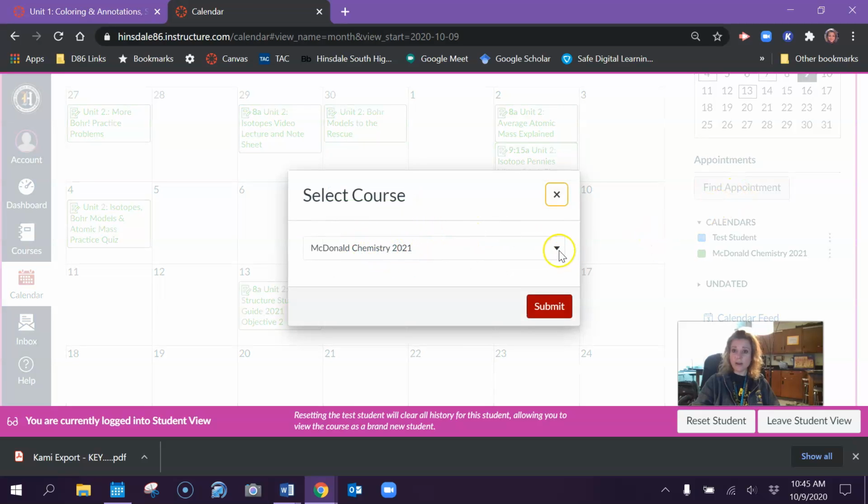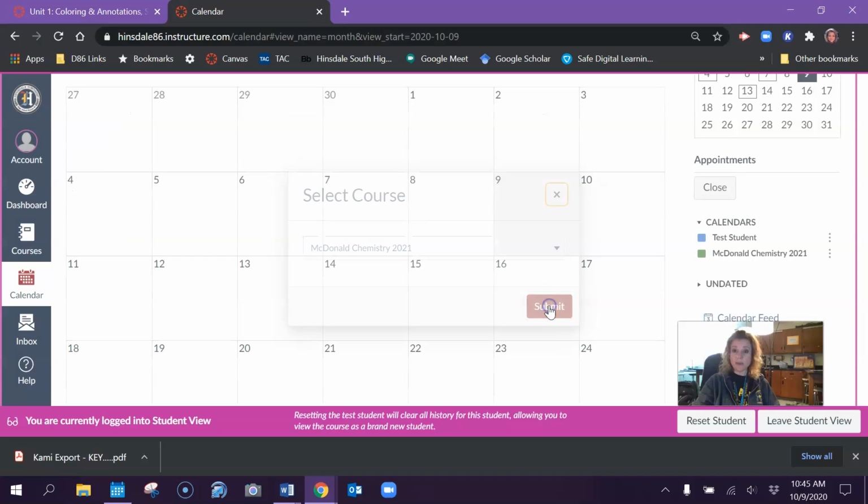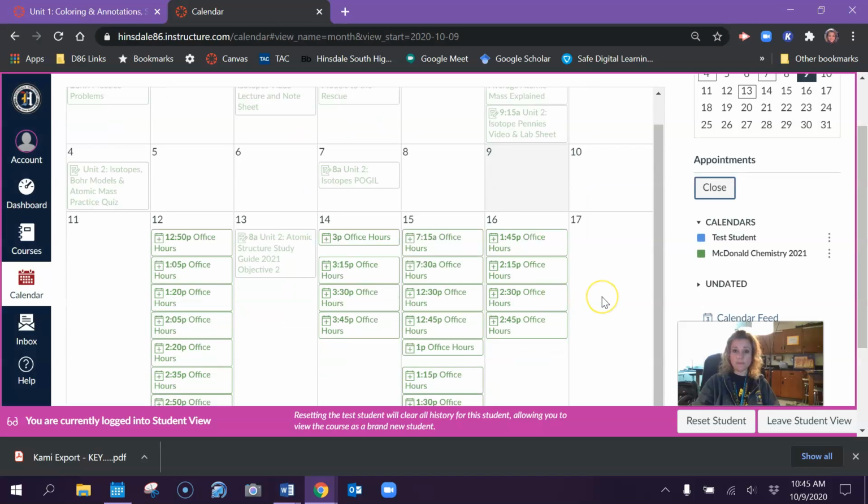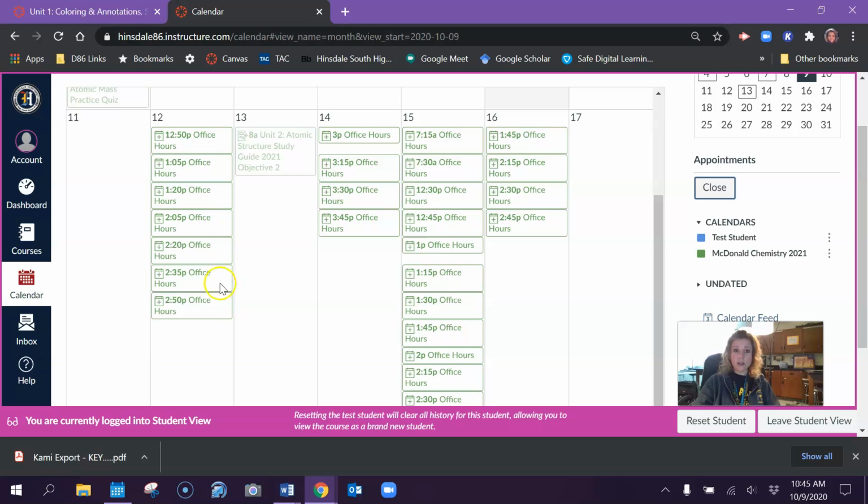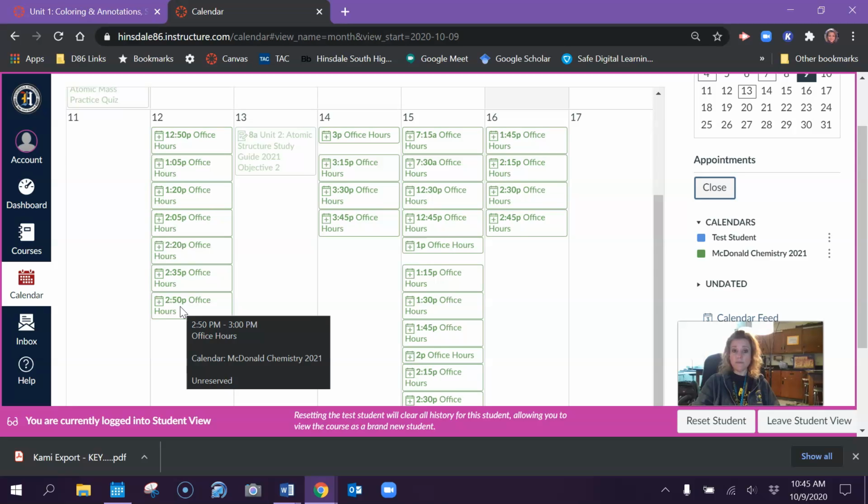So you may have a drop down that has more classes than just chemistry. So choose chemistry and then hit the submit button, and look what happens. All of the available appointment times populate in the date box. So in order to sign up for an appointment time, all that you have to do is click on one that is at a time that is convenient for you,